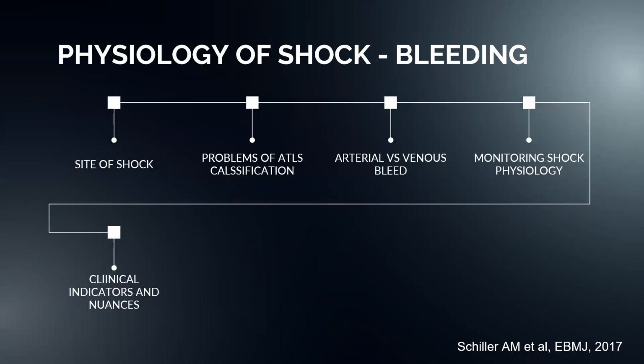So, coming to the monitoring of shock physiology, the clinical indicators and nuances, generally we are told that hemoglobin is a predictor of blood loss. But this is actually true in patients who have received a lot of crystalloids, and if there is a rapid drop in the hemoglobin, it usually shows that there is a massive blood loss. High or normal hemoglobin cannot rule out significant bleeding. But if there is a low hemoglobin level which has occurred rapidly, it will reflect severe blood loss. So, as such, hemoglobin is not a good indicator. And also hypotension, which has been set to a standard value of 90 millimeters of mercury,